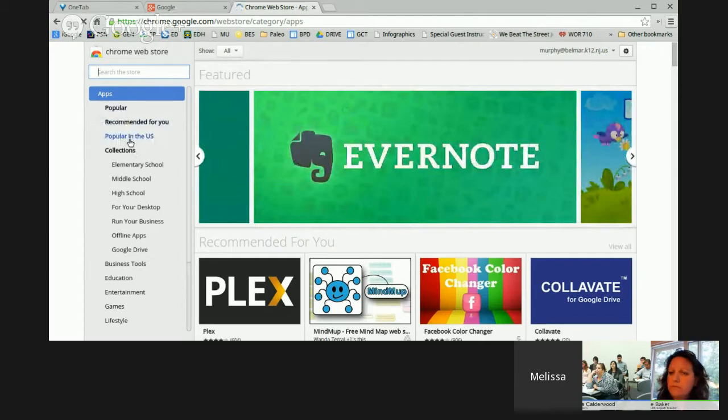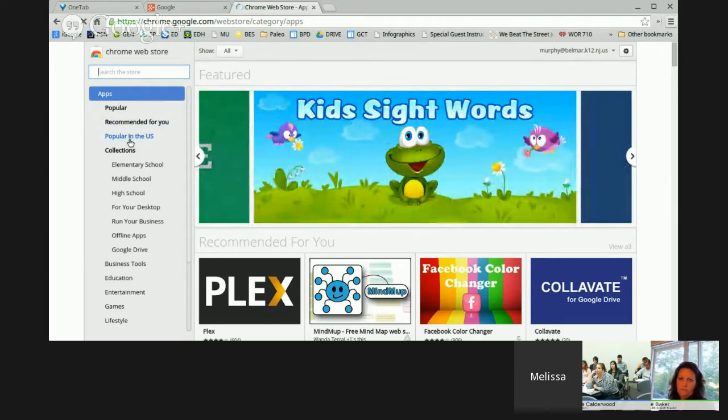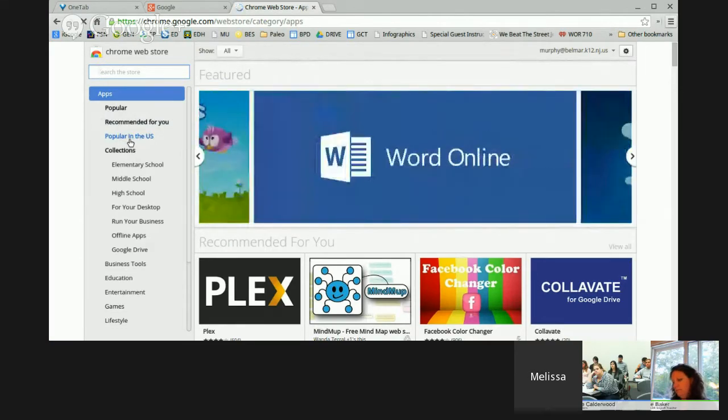And there is a difference. You can have apps and you can have extensions. Extensions are added on to the browser itself. They run in your browser. And there's apps, just like you have on an iPhone,